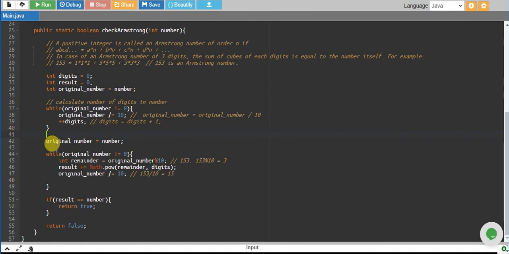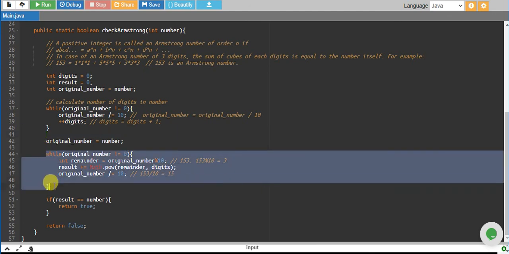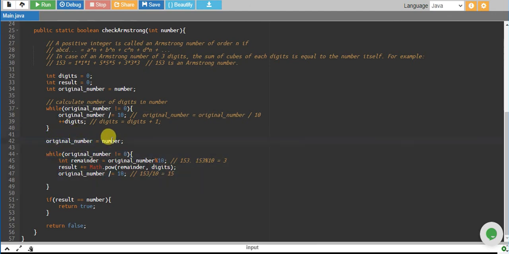Now we need to take one number at a time and power it with the number of digits. So we have started a loop again. We have assigned original number with the number, because original number is now 0, because we were eliminating one number at a time until it was left with 0. So we need to assign it again, so that we can work with it again.